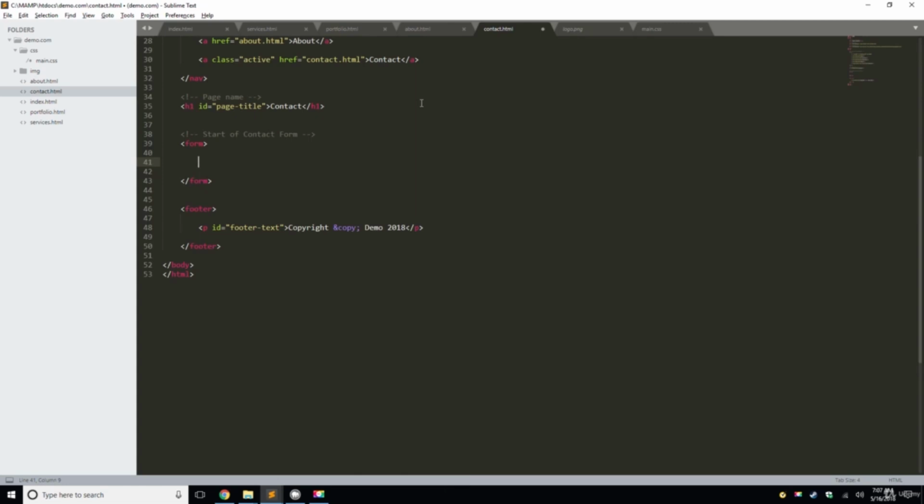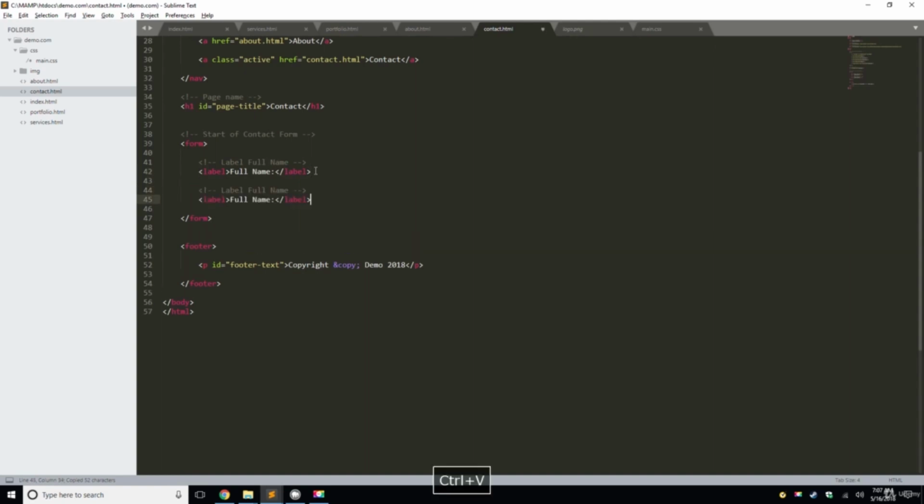go to line 41, and we're going to type in label full name colon. Save that. Right above this, we'll comment this out, label full name. That way we know what it is. Then we're going to highlight both lines, return twice, paste that, and we're going to do